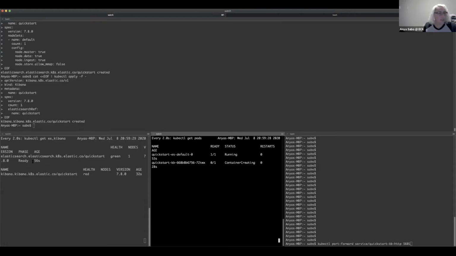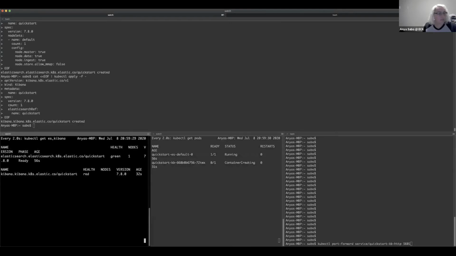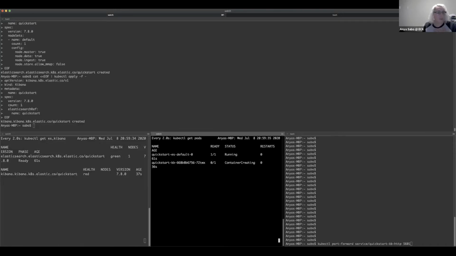Oh, but it's ready, and now the health of it is green, and that's turned ready. So now we're just waiting on Kibana to start, just taking some time. It can sometimes take a second. If the node doesn't have the image downloaded already, it'll need to do that.